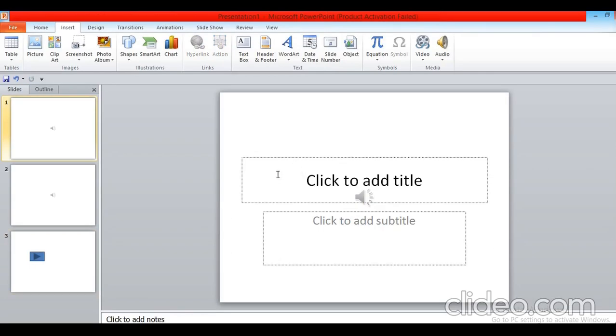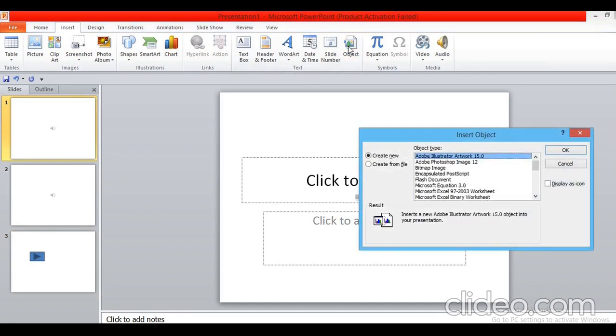Now, importing data from other applications. If you want to import data in your presentation from other applications, how to import? Click on the Insert tab. In the Insert tab you have to choose the option Object. If I want to insert any Excel file or Word file, that is how to add other files or applications in your presentation. I want to insert a bitmap image. Just for example I have taken it here, you can choose any option from the given options.